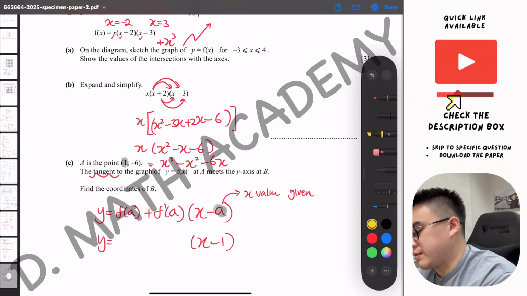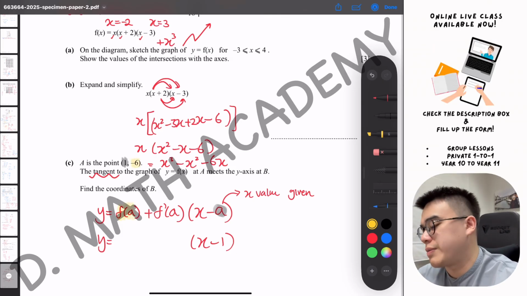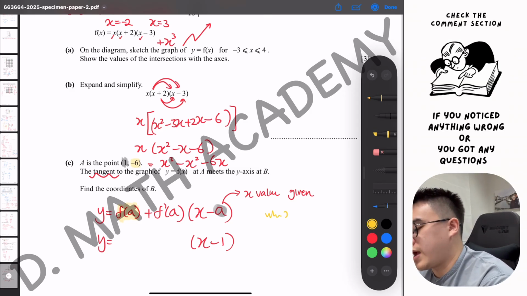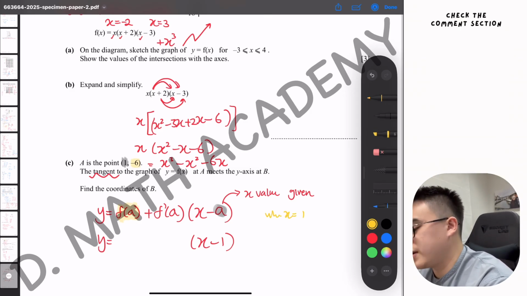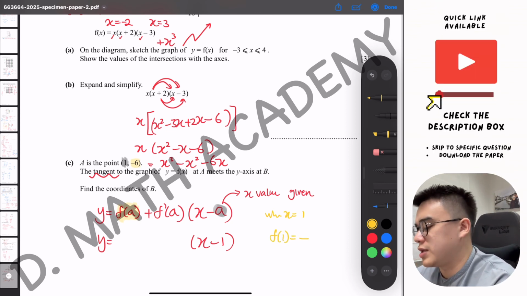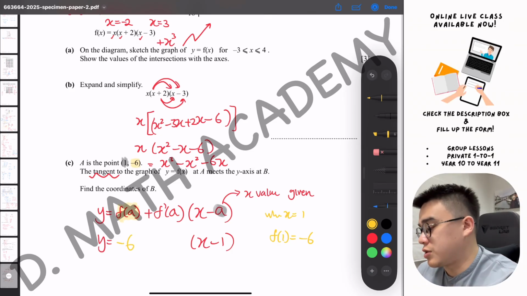Then the next thing, they talk about -6. This -6 here represent the f(a). So it's like when x equals to 1, the f(a) of it is -6. So we have -6 already. So the part with the dot,